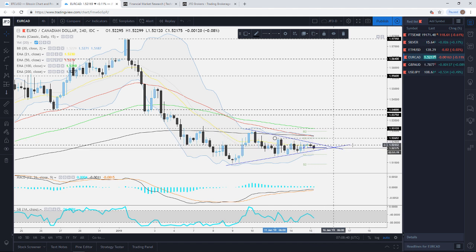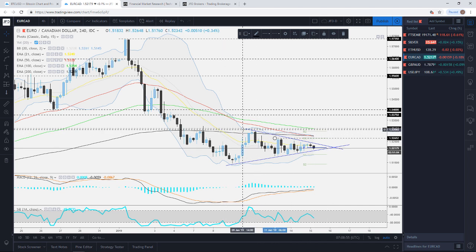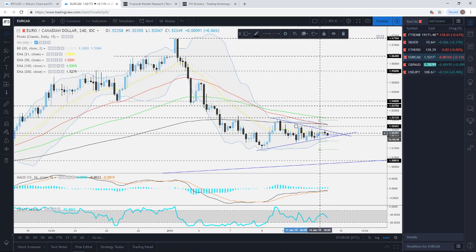test of the R1, which is around the 152.65, but this is where it could become more interesting for more bulls, because if this gets broken, this of course could clear the path towards the R2, or even actually going a little bit higher here towards the 153 zone, approximately there. So you could in a way keep your eyes on that one, but from the more